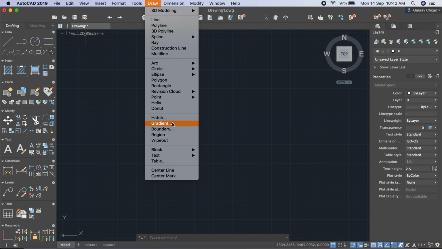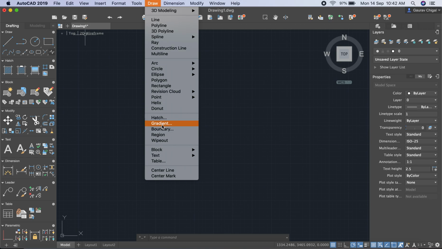Similarly, gradient is used to provide the coloring option inside the covered area, or inside the area which you want to define as a gradient color.